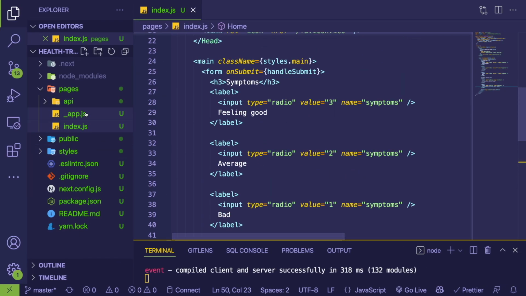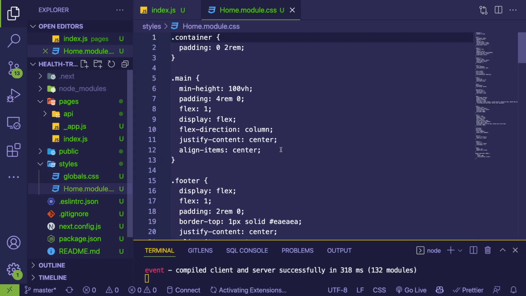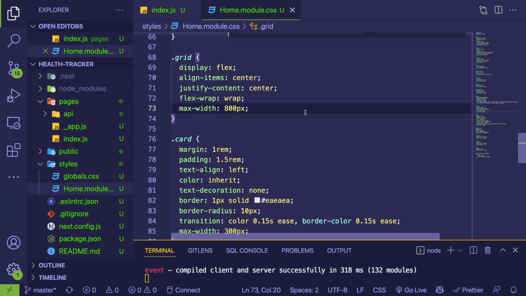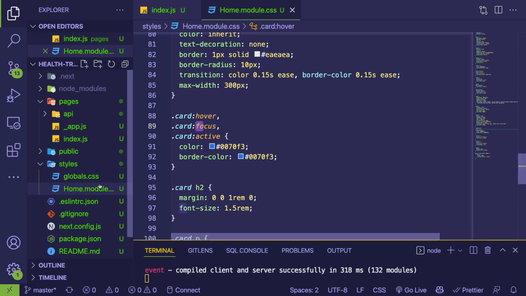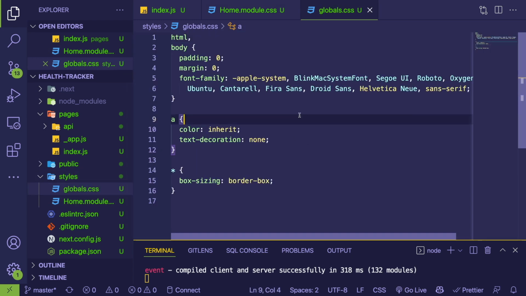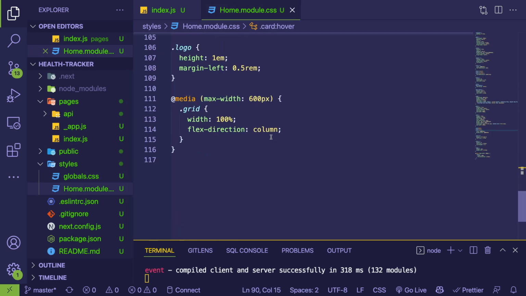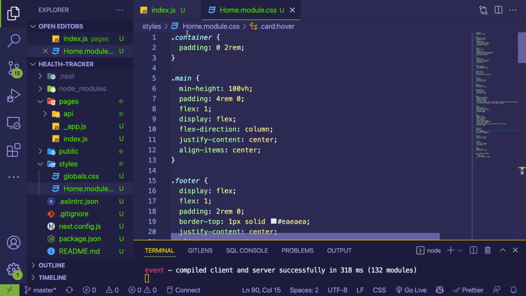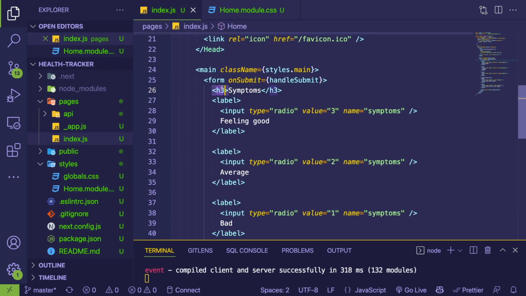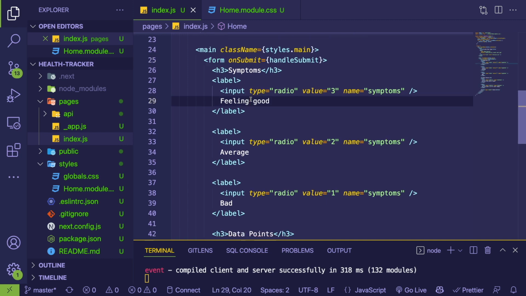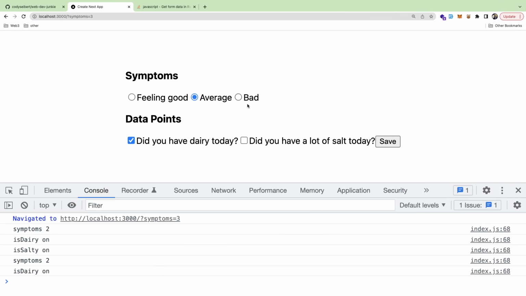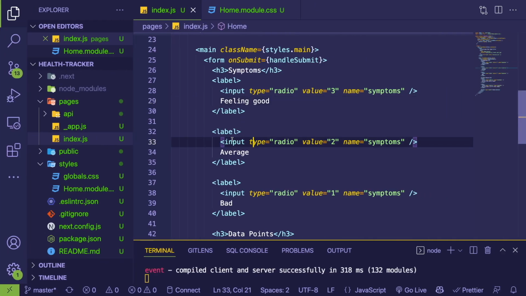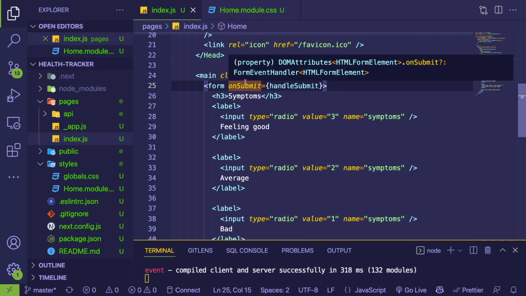Yeah, I kind of wonder why wrapping this in a form didn't put it all in one line. Is the form somewhere globally styled? Interesting. Maybe I just need to do new lines after these labels. So what I could do is just give this a class